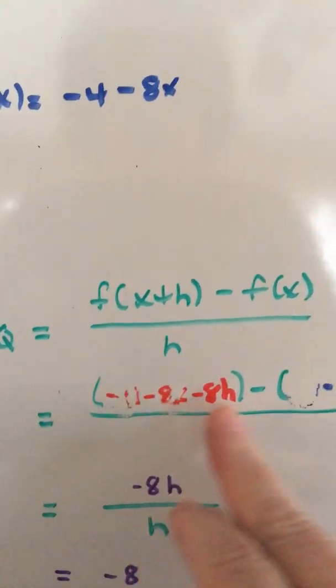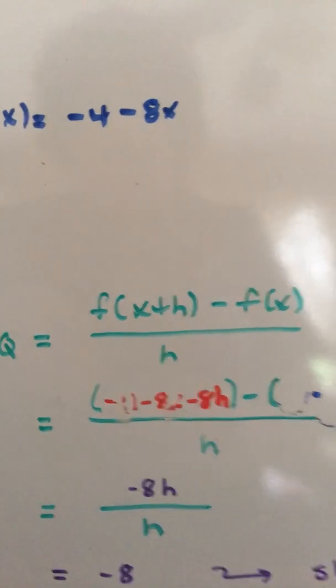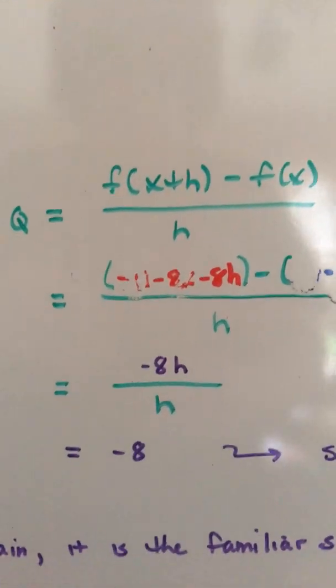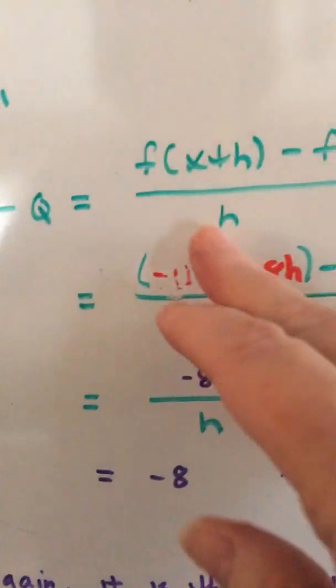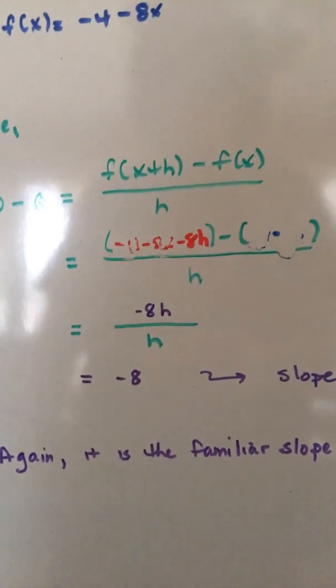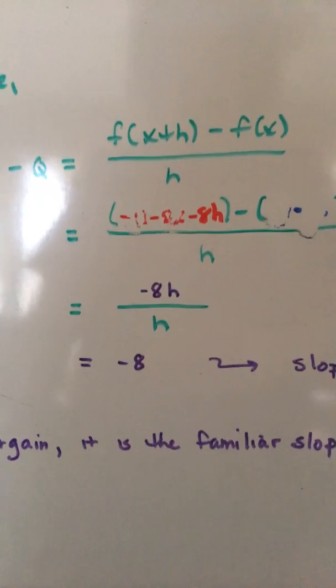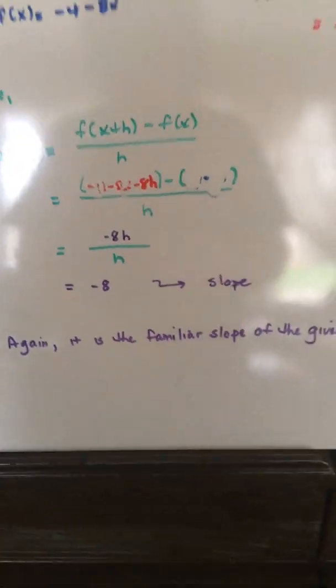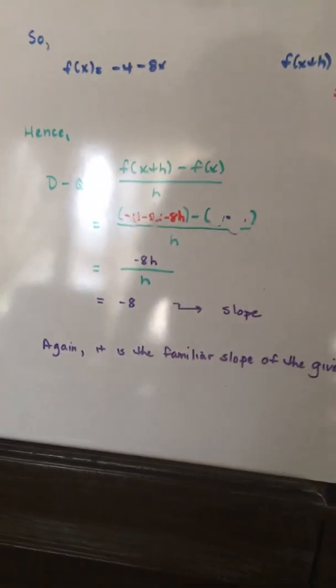A negative 8 minus a negative 8x, they're gone, and I'm simply left with negative 8h over 8, which is negative 8, which is the slope, the familiar slope for the line that we're used to. So now, moseying on into the next room, we're now going to talk about higher degree polynomials, but before we